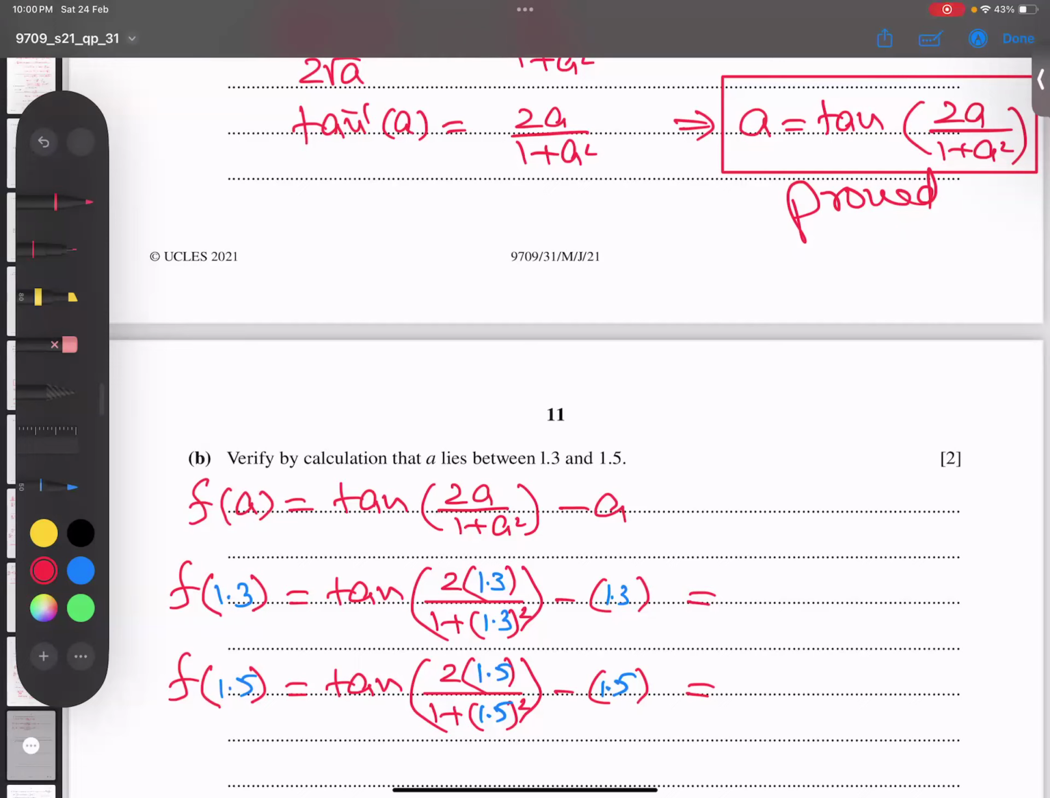I get the first answer as 0.148, positive. I get positive. The second answer, when I type in the calculator,